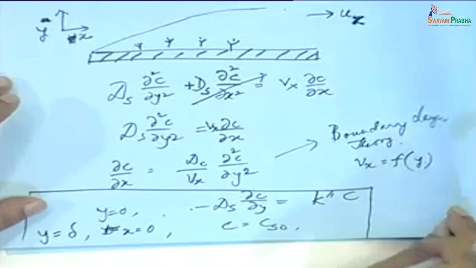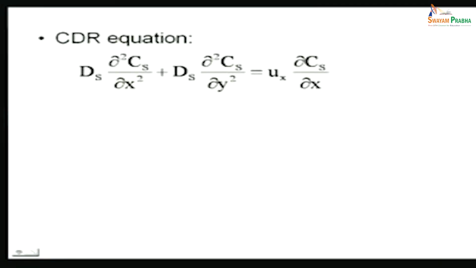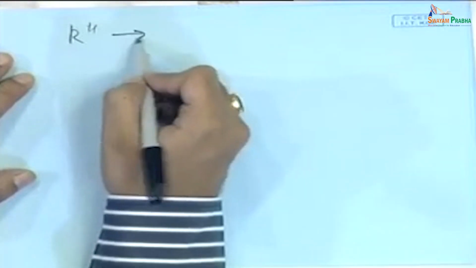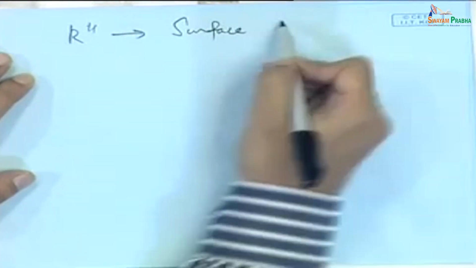We are not doing this exercise in the class today, you can go ahead and solve this. What we will do is just use the straightforward concept of mass transfer coefficient, excuse me. There is a slight error here, there should be Ds times del Cs del y equals k double prime. Now, why do I use k double prime? Rate at the surface. So, k double prime is typically used for surface reaction rate,